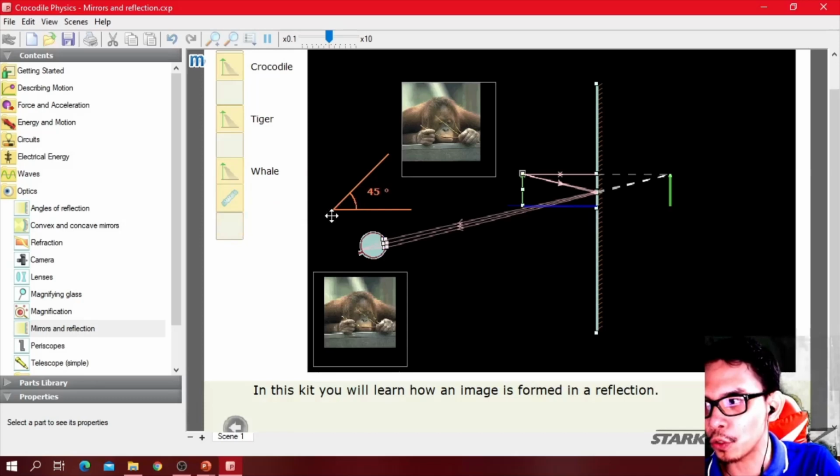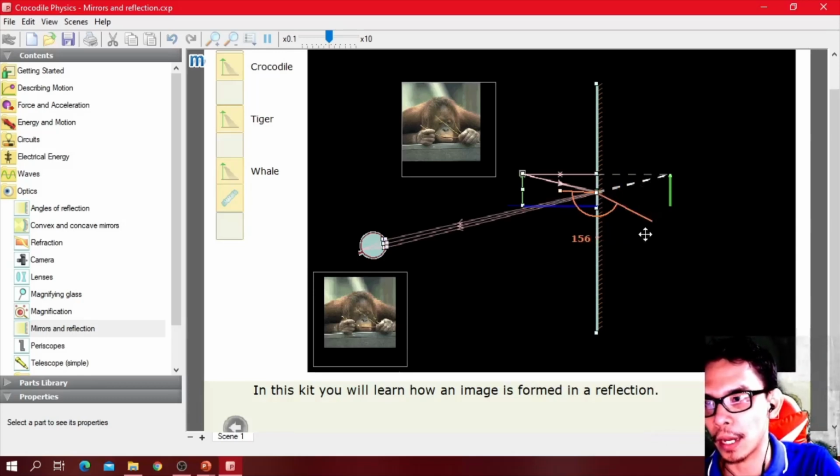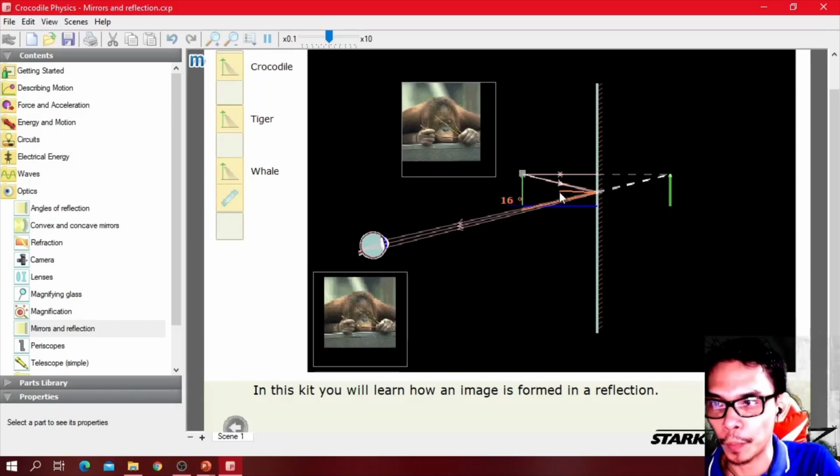If we try to use a protractor regarding the angle that we have right here, we can safely say that the angle for this certain one is 16. So we have 16 on this side. And if you put a protractor on the other side as well,